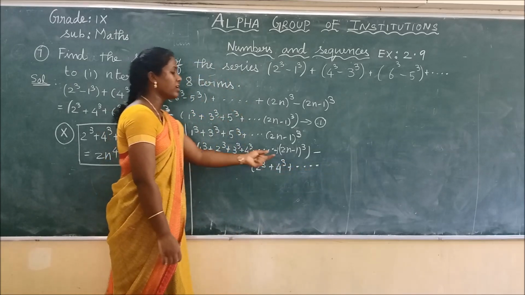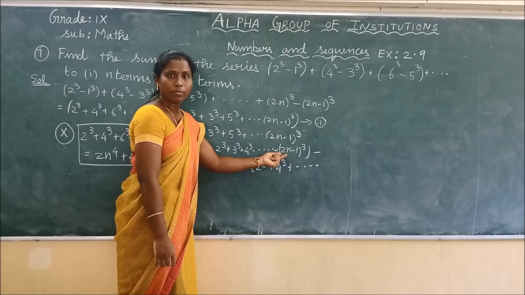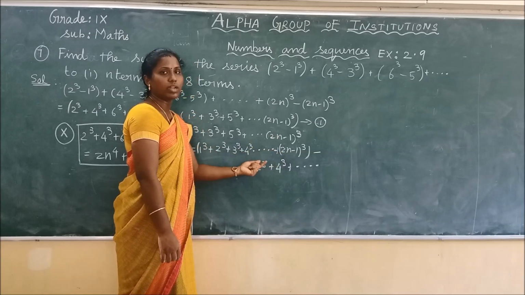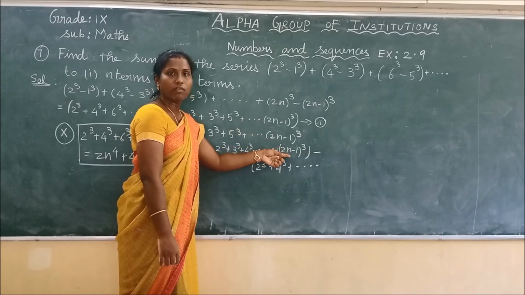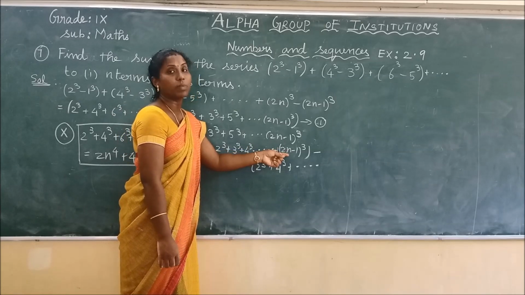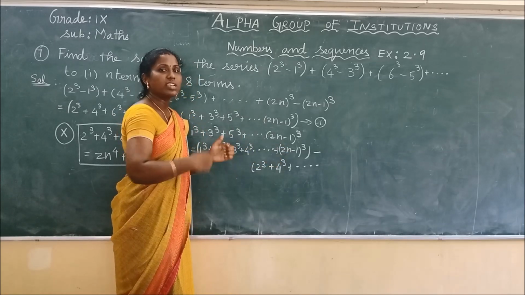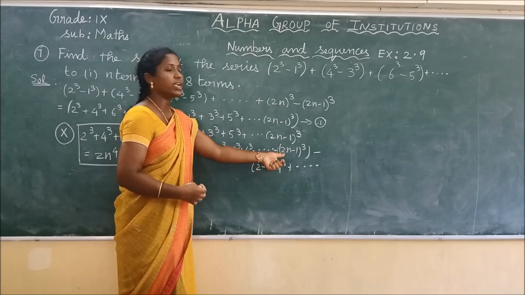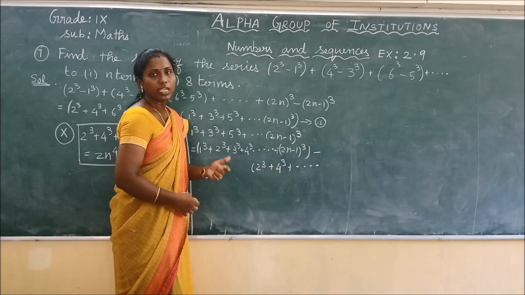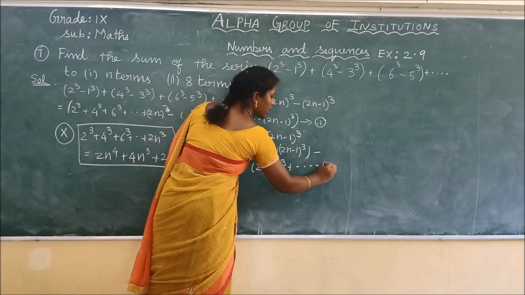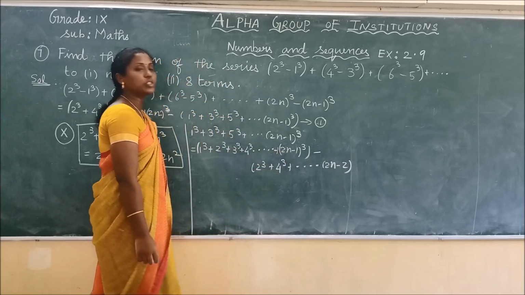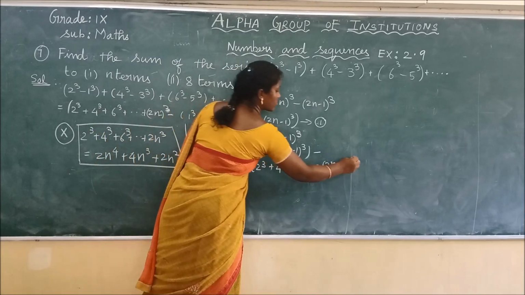See here, see clearly. Here the last number is the odd number, isn't it? So I have to subtract the even number, means the before number will be the even number. So any odd number we are having, the before number is always the even number. So now here the last number is 2n minus 1. How to identify the before number here? Just we have to subtract 1 from this given number. Okay. So if we want to identify the before number, we have to subtract 1 from the given number. So what will be the before number here? It is 2n minus 2. If I subtract 1 here, it will become 2n minus 2 the whole cube.